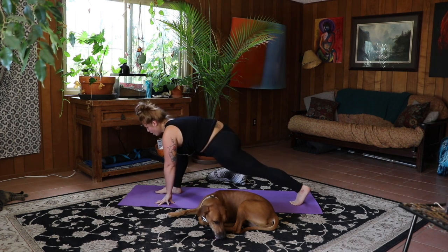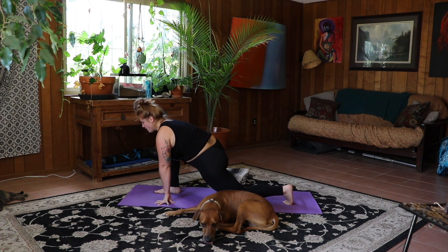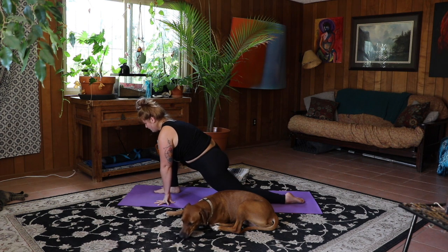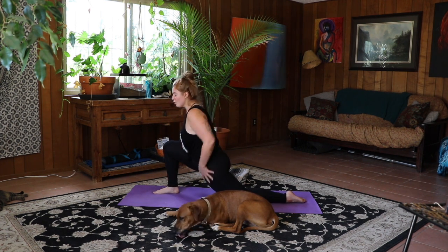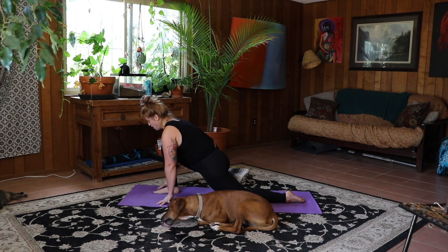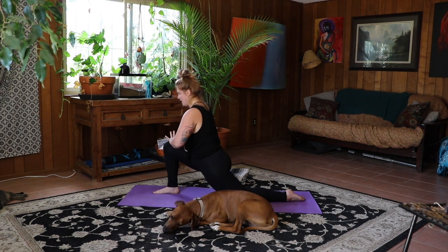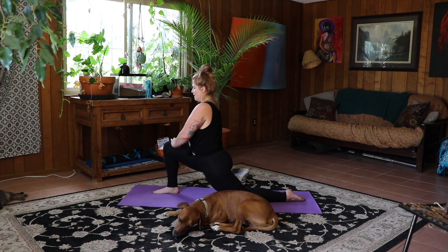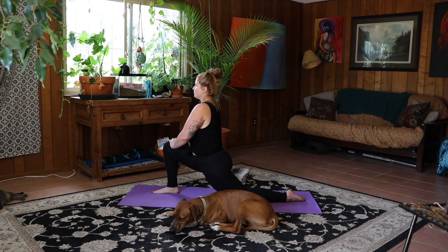Here we are, low lunge. Let's breathe here, dropping our knee, making sure our knee is over ankle. And here we are, pressing down and through that left hip. Finding your bearings here. And let's come up onto our knee, pressing down, finding a little bit of release in your psoas. 1 more